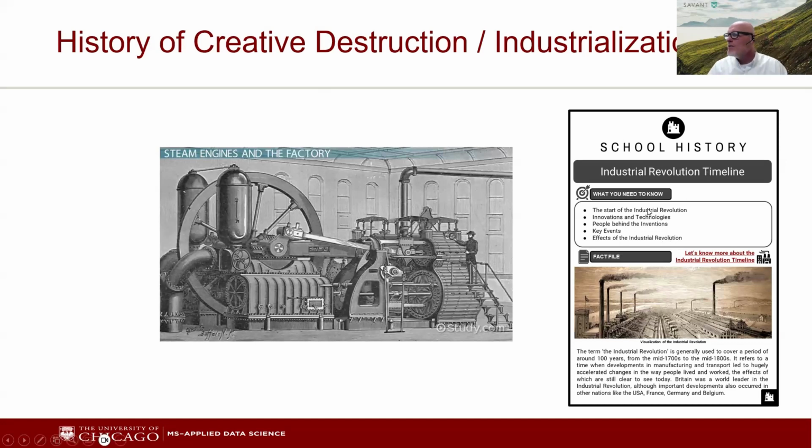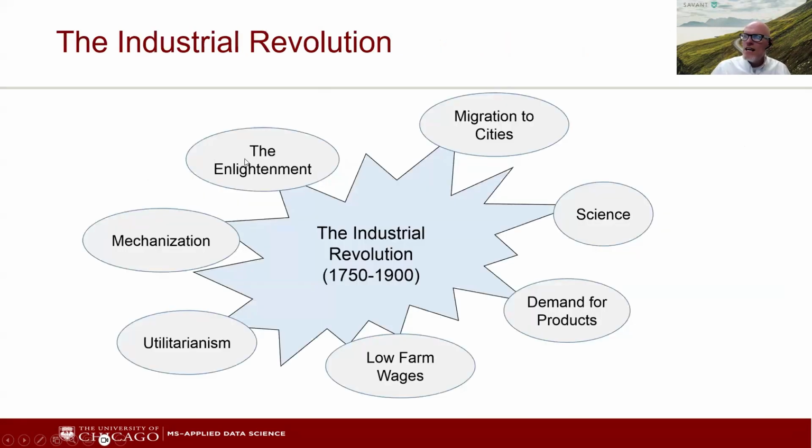You can look up where and how, but it basically started in England and Western Europe first. That leads to so many things: mechanization, migration to cities. I'm getting at something. This is related to robotics, I promise you. We're in a great era today where we're seeing massive change. It's not going to be as significant as the 1830s, but we haven't seen change like this since the 1830s. That's how significant this is.